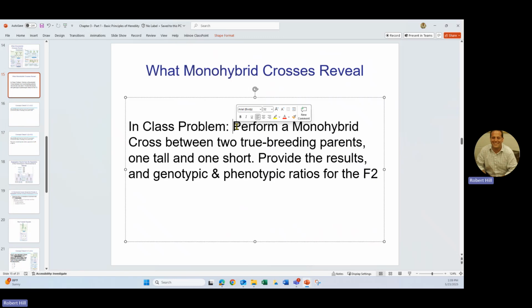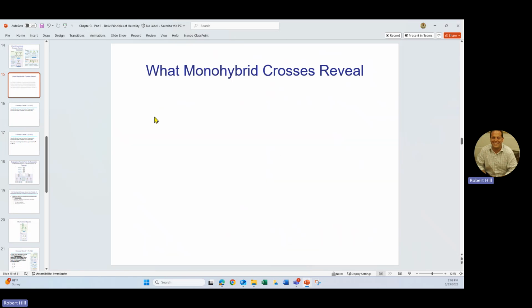All right, perform a monohybrid cross between two true breeding parents, one tall and one short. Find the results in genotypic and phenotypic ratios for the F2. Okay, so like I said, these lectures correspond to my in-class thing. I want you guys to take a second and do this, but I don't know if I'm going to be able to